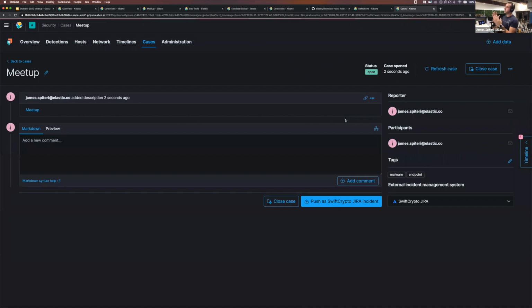And once I create the case, you can see here, it's now basically a place where a team can collaborate, or multiple teams can collaborate. So we pick up all the participants, the reporter, how long this has been open for, and so forth. What we also allow you to do is integrate with other ticketing tools. So we know most of the time people already have some form of case management tool that they're already using, and maybe you want to keep using that as the system of record.